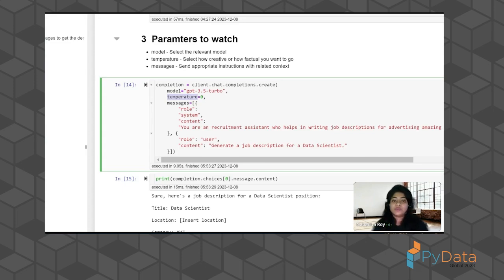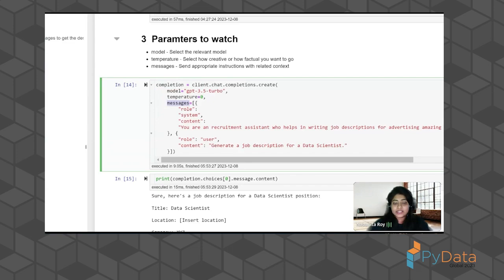If you go up to one or more than one, the range is 0 to 2, more than one it's more gibberish, and close to one it has the ability to go creative and generate whatever it is. 0.5 balances out creativity and facts, and every single time you get a different set of responses, whereas with temperature 0, the variations are relatively low because it's more factual, and it picks the most likely words that fit your answer. That's the role of temperature.